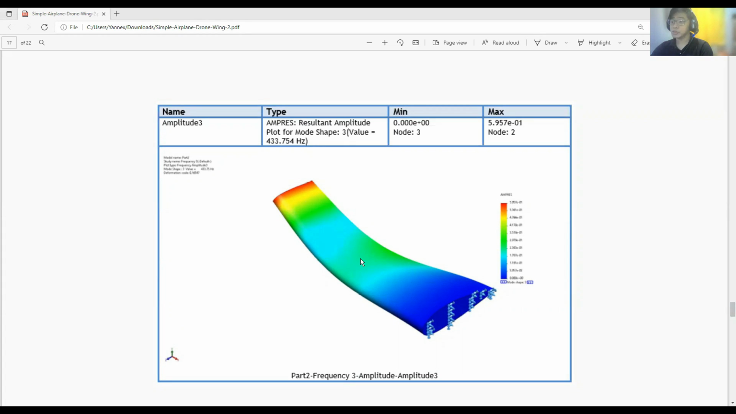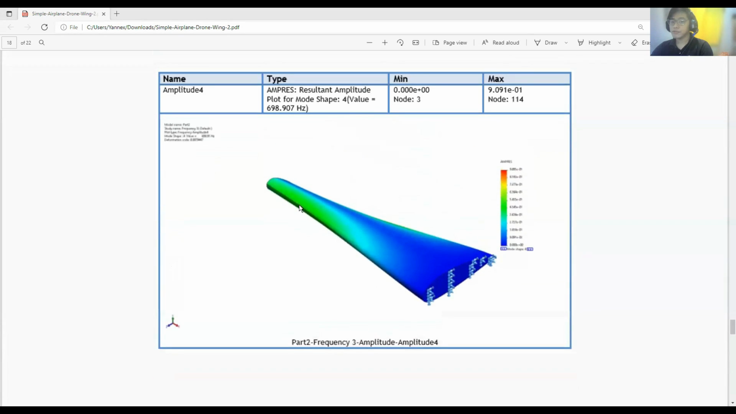And the middle part also got bent because of the stress applied at the tip, because this part of the wing resisted or hasn't received much stress, and because of that it created a bending force which flexed the wing. It also showed that the middle received an average pressure or stress. So in our fourth simulation, with an amplitude of 698.907 hertz, with a minimum at node 3